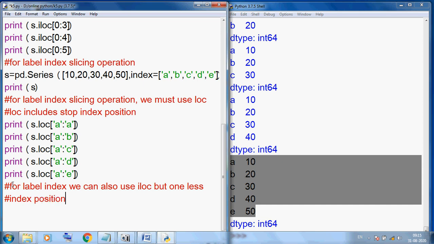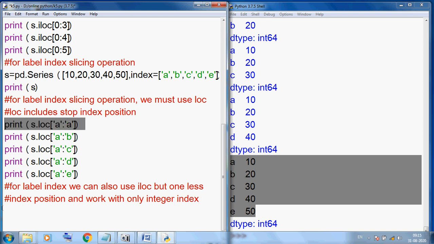So here one thing is, it does not include the stop index. So here I am changing, and it works with only integer index. So here it only works with integer index.